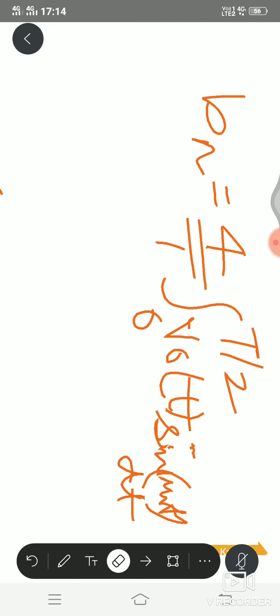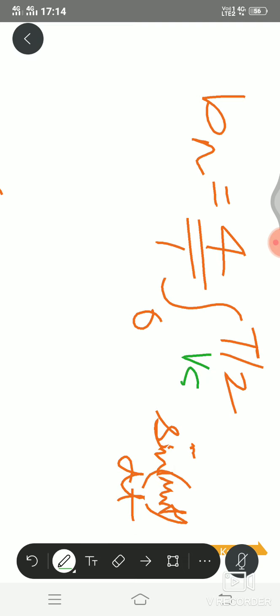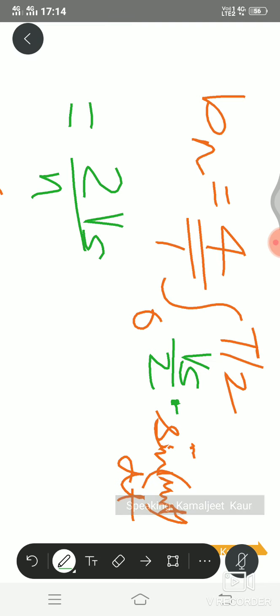So the next correction I have to do is to rub out V naught of t for this duration 0 to T by 2. What is the value? From the waveform you have to look, it is Vs by 2. So Vs by 2 into this much, and then you have to integrate. Integration will take time, so I'm just writing down the final answer. It is equal to 2 Vs by n pi on solving.